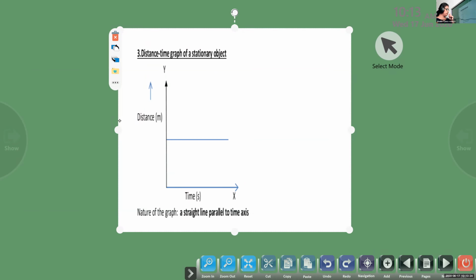Nature of the graph: a straight line parallel to the time axis. Yes. I'll tell you why it is so. This is a graph where the line we plotted is parallel to the time axis. That means if you just imagine,